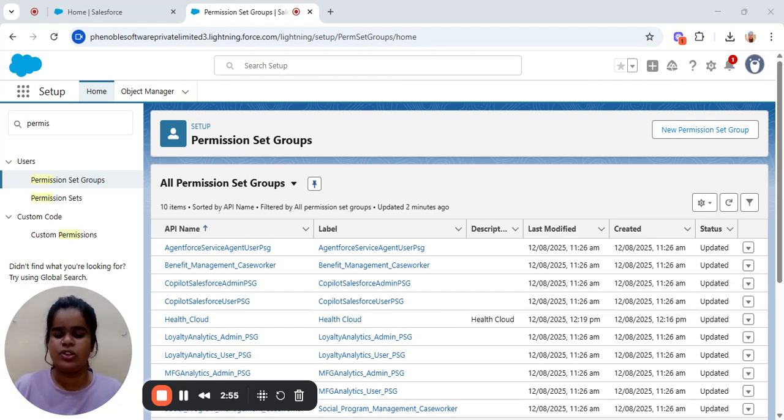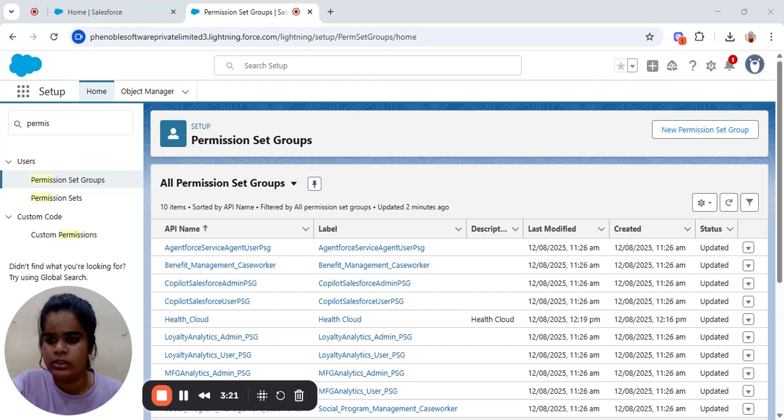Okay, different roles in Health Cloud, like admin or read-only users, need different sets of permissions. So let's talk about how you assign permission sets in Health Cloud. The system administrator usually gets more permissions so that they can set up or manage more things, and standard users might only be able to read or edit the basic patient information.